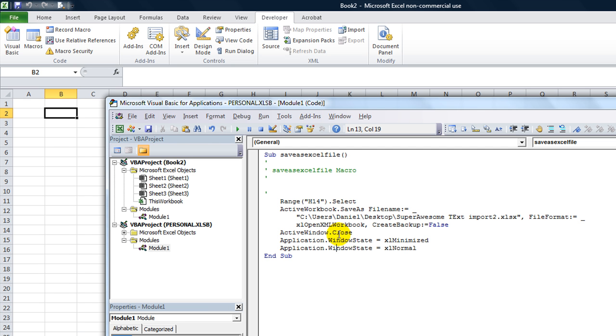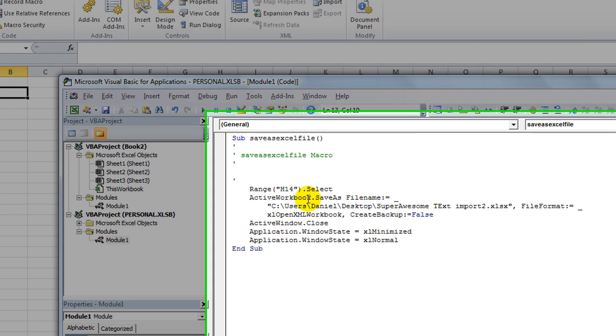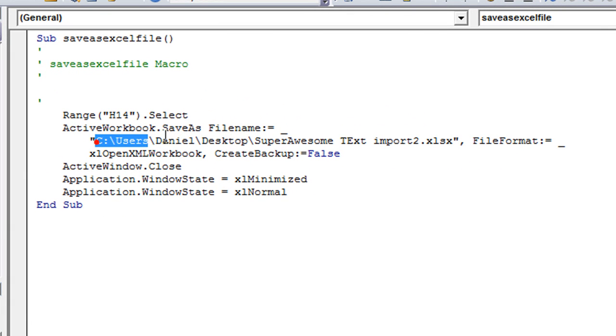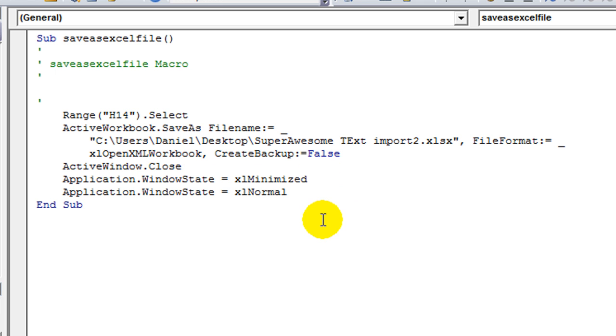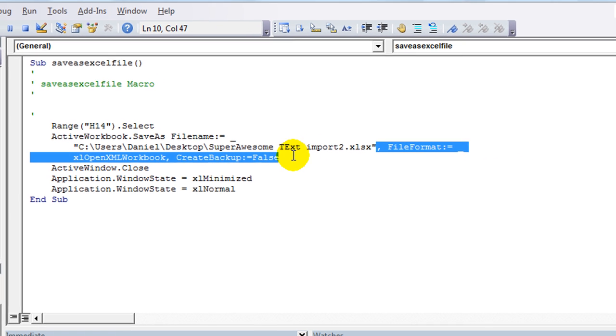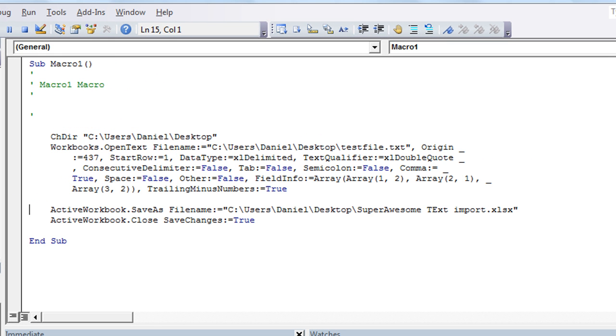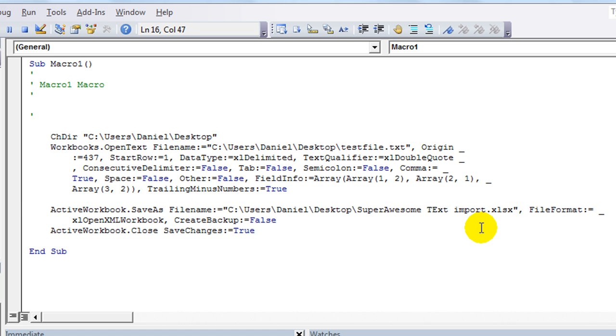Okay, fine, we can do that. We need to use this ActiveWorkbook.SaveAs FileName equals same crap that I did a minute ago, and then comma FileFormat equals xlOpenXMLWorkbook, comma CreateBackup equals False. Fine, if they want to be picky about it, fine by me. So I'm going to go ahead and copy this good stuff here, at least everything after what we already did, and we'll take a look at the original. SaveAs FileName equals blah blah blah. Copy all this stuff here,